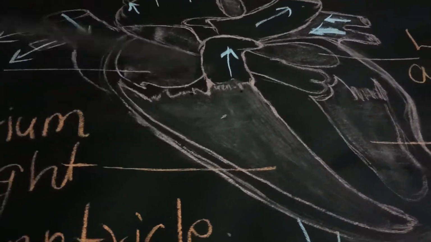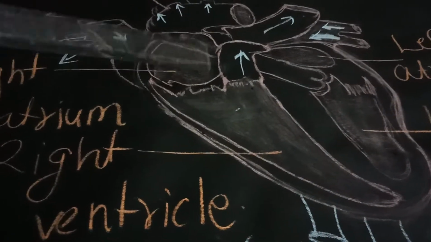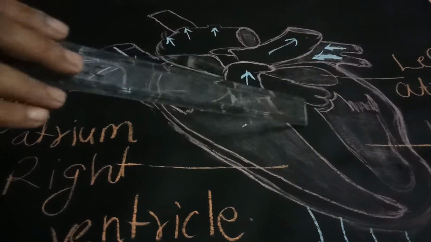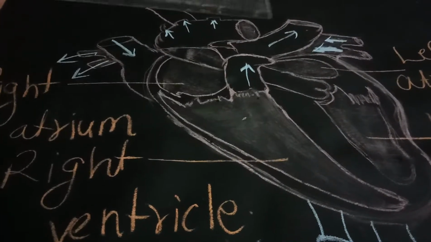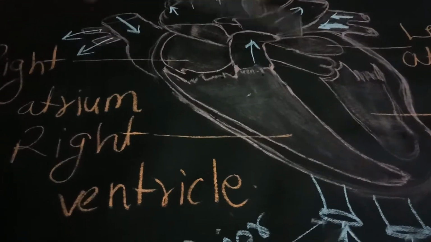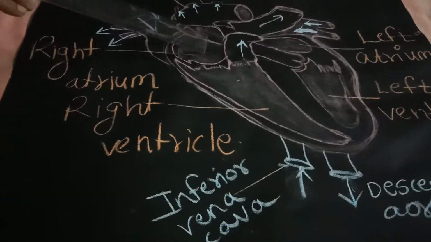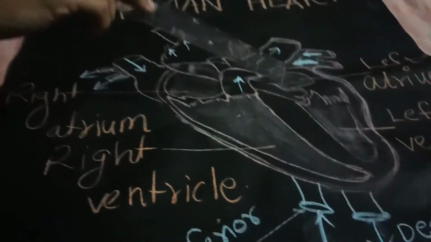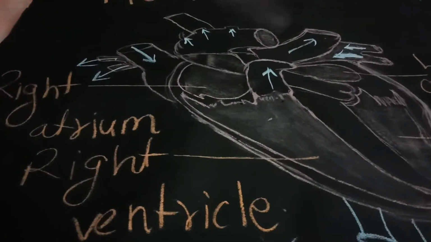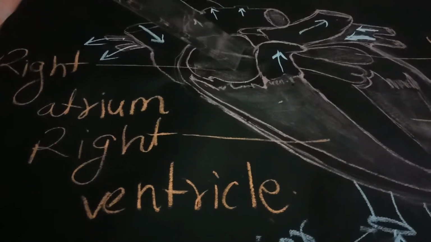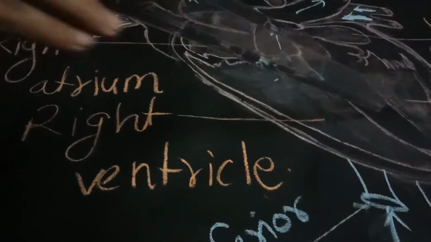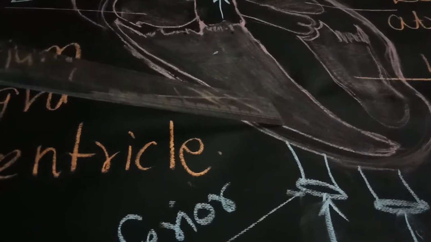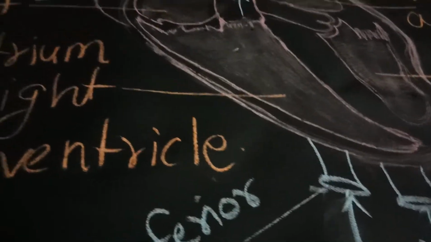These are the 4 different chambers of the heart, or we can say in simple language, these are the 4 different compartments of the heart. Out of these 4 chambers, 2 are located at the upper side. Can you see this upper one? This is one and this is another one. So these 2 chambers are located at the upper side and the 2 other chambers are located at the down side. Are you able to see the down one?